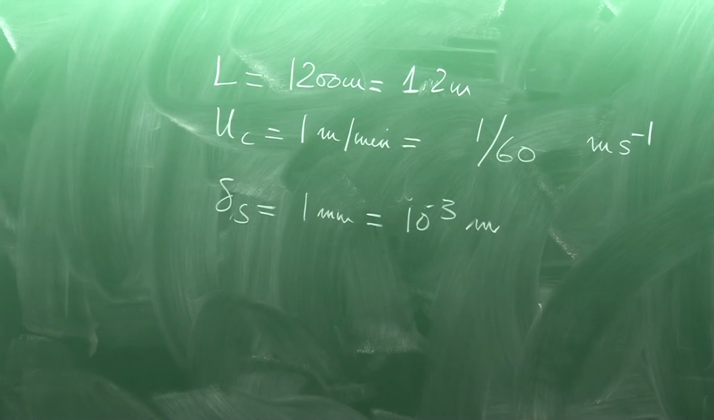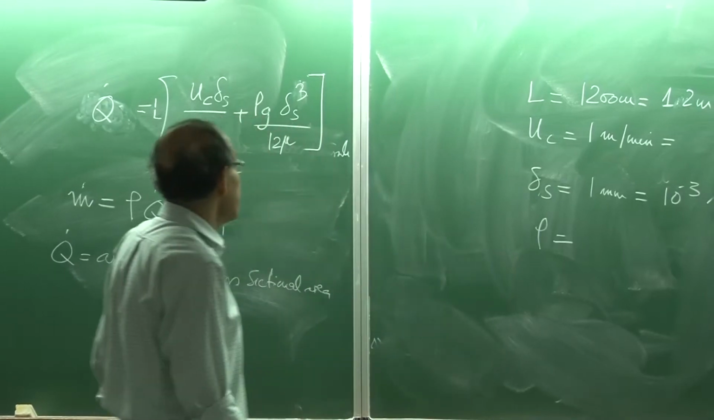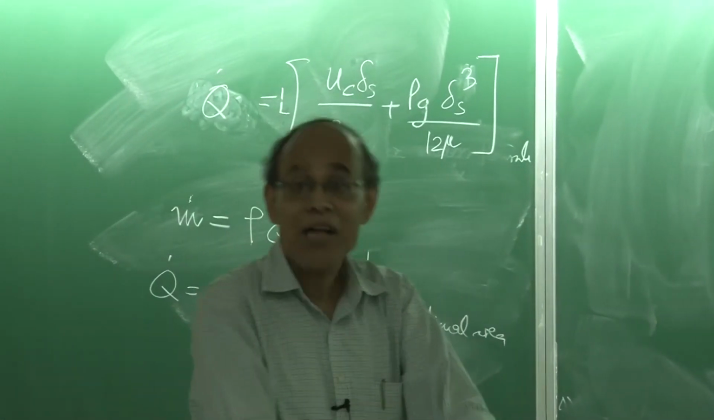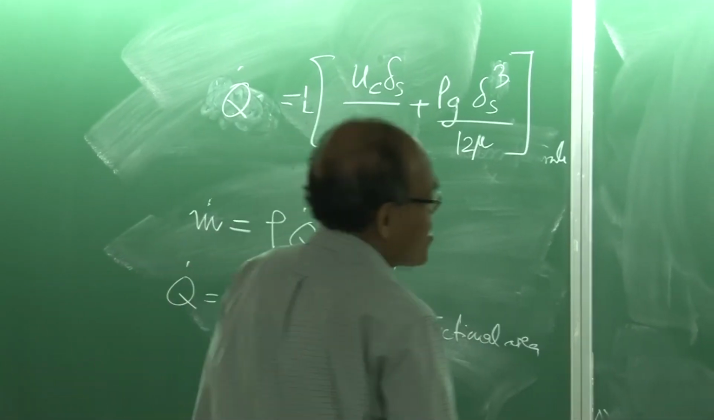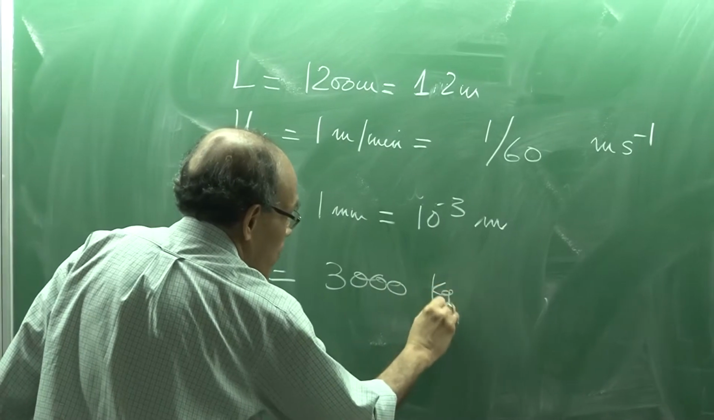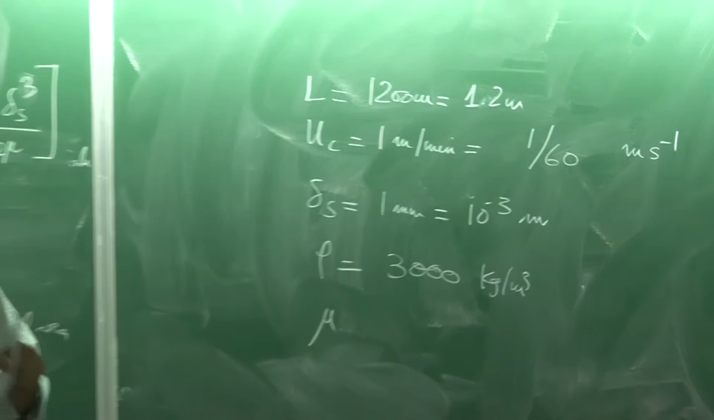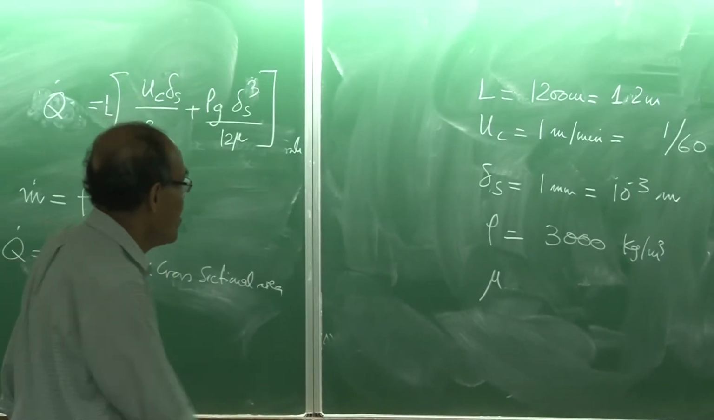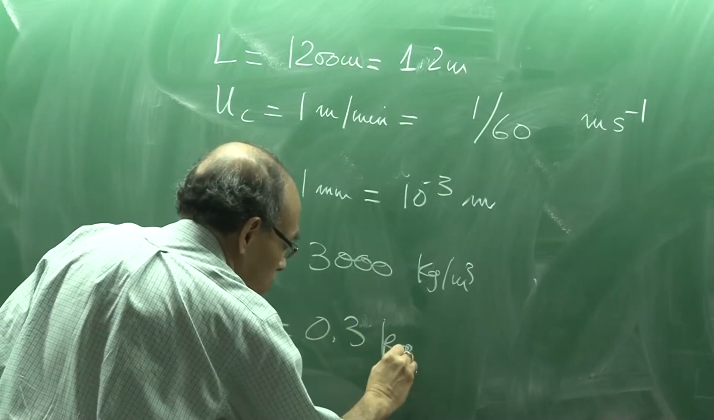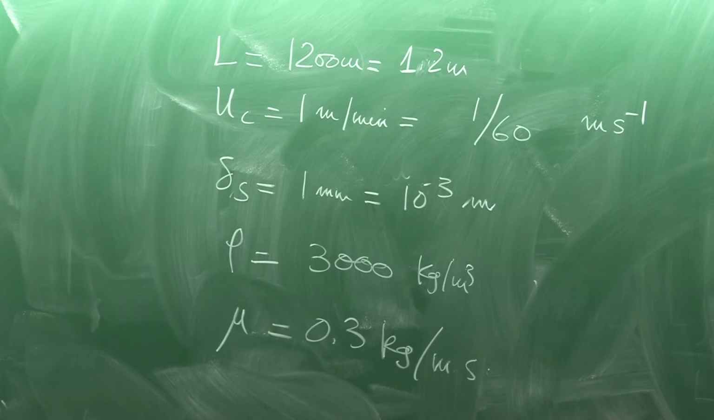What other parameter is left? Mu, which is the viscosity, and rho, which is the powder density. It is not the steel density, because we are talking about the flow of the slag powder in the liquid form. So, rho is something you can take to be 3000 kg per meter cube. And viscosity, so it is a very viscous fluid, okay, temperature is not too high. This could be something around 0.3 kg per meter second. So, if you now put all these values here,